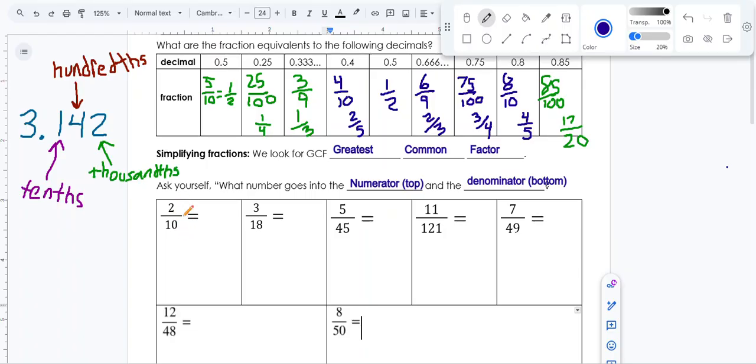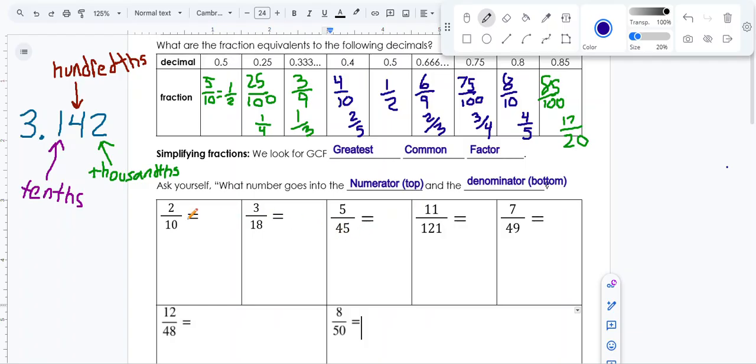Well, when they're even like this, whenever the number is an even number, you can always divide it by 2, right? Some other facts, if it ever ends in a 5 or a 0, like this one, they both end in 5. If they ever end in a 5 or 0, you can always divide by 5. If they ever both end in a 0, you can divide by 10,